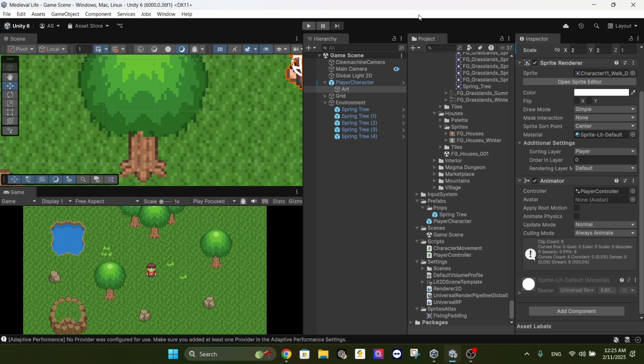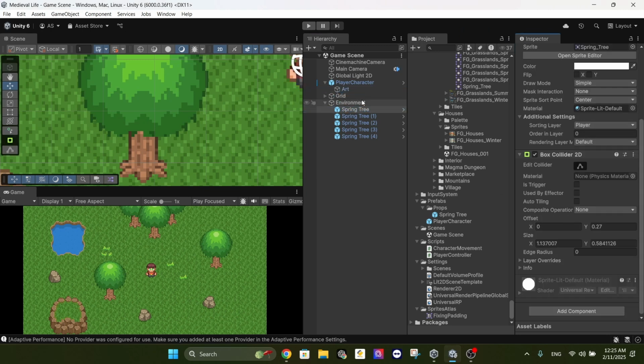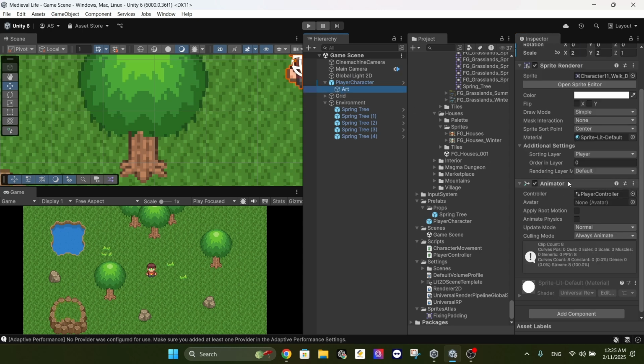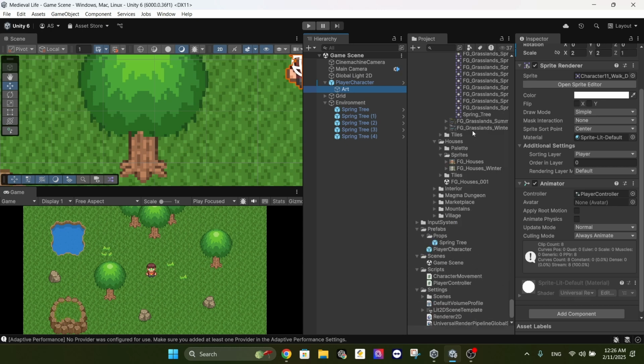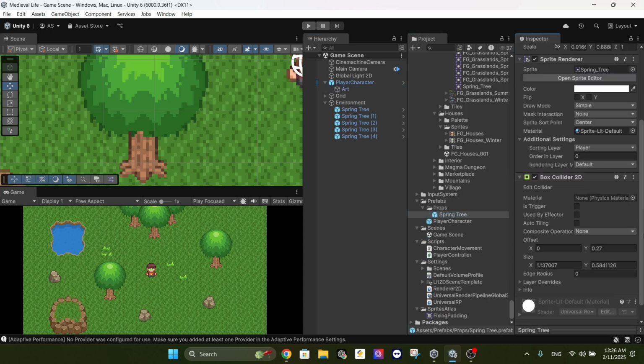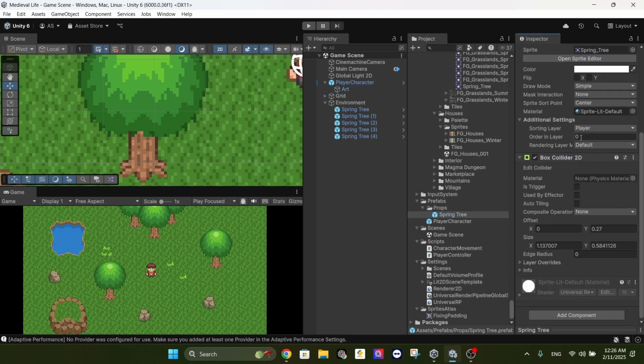So to fix this, we are going to go to our player, make sure our player is in layer, order in layer 0, and the environment, our trees, edit the prefab, make the order in layer to be 1, means above the player by 1 unit, and also